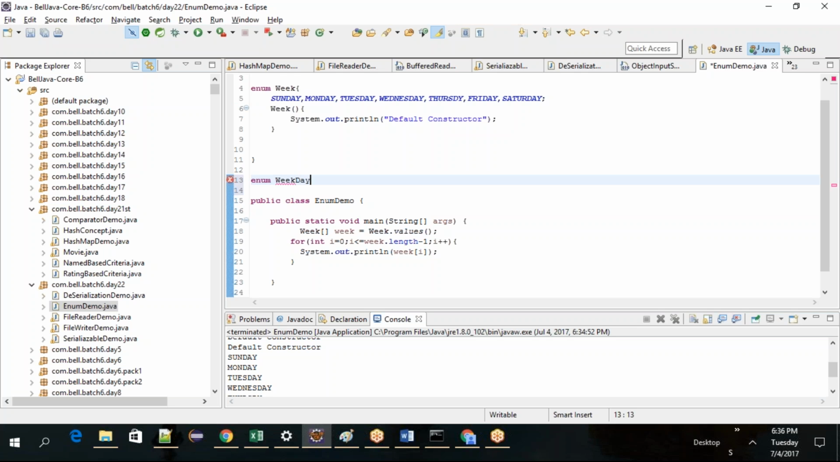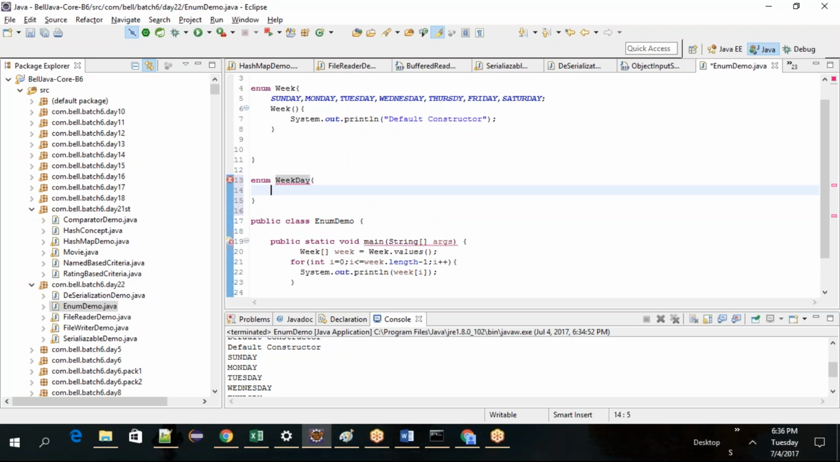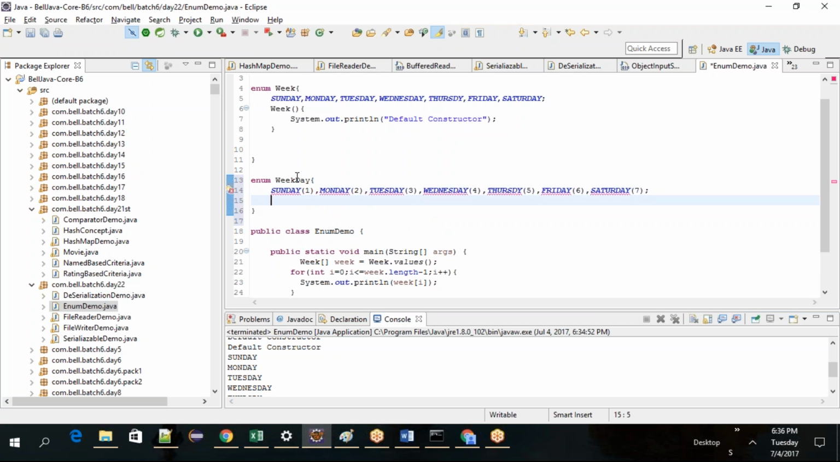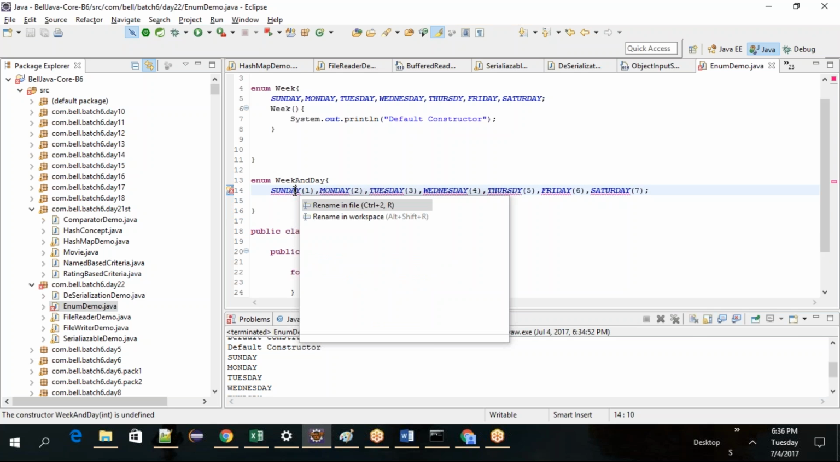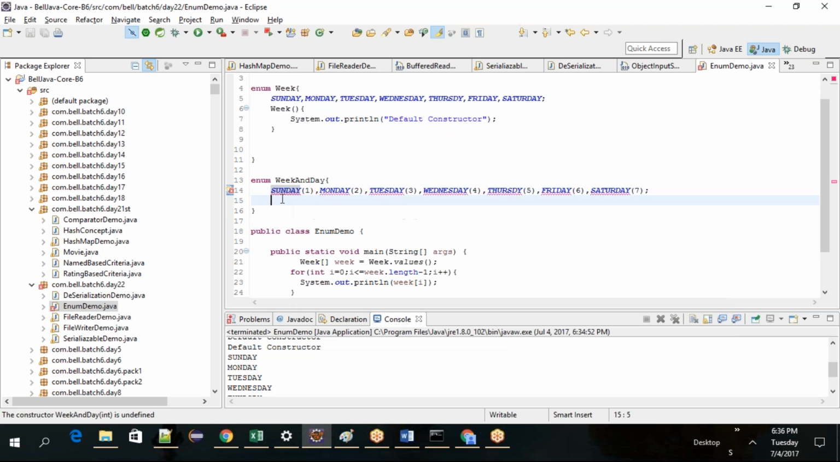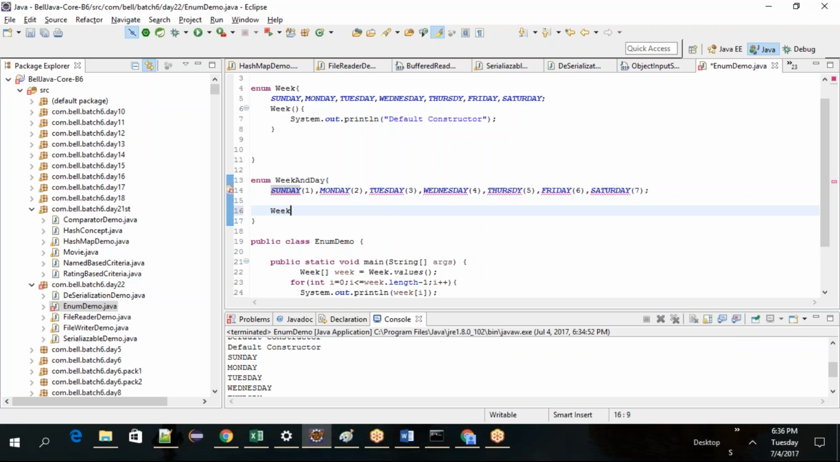Week day. Okay, we call it as weekday, and so week and day, not weekday. Now it looks for an argument constructor, so you need to do week of